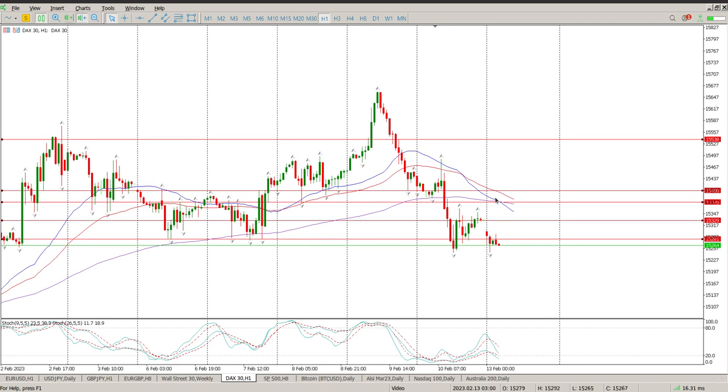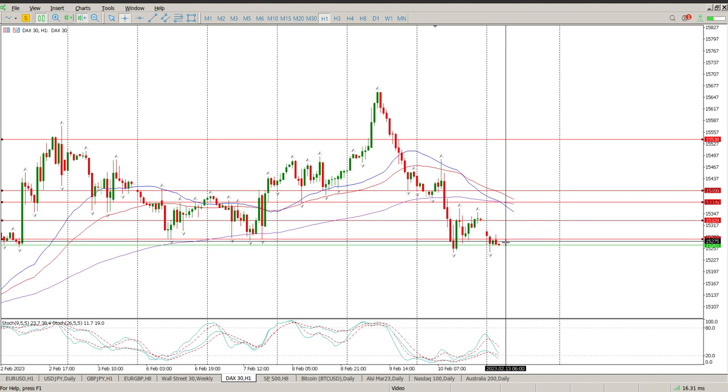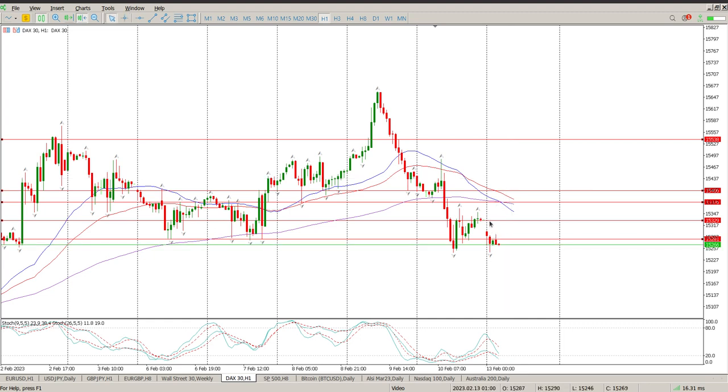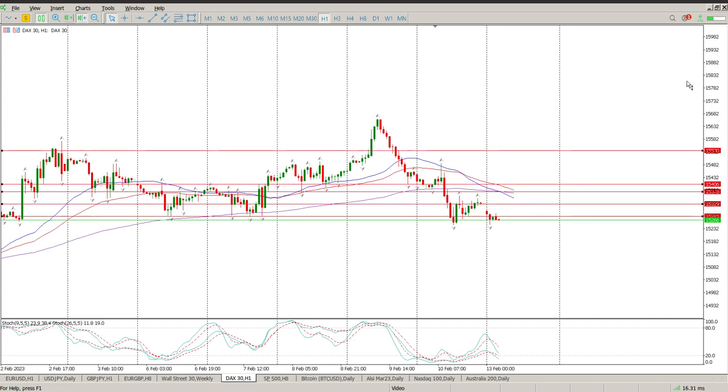So you can see we've got quite a few areas here, and if you're going to jump in here, you're going to end up with a stop. It's 172 points, and it's guaranteed to come against you and stress you out. So you wait for one of these levels to come, wait for the level to be tagged, and then you have a much tighter stop loss, less stress, and then you're anticipating a move to the downside. What are you anticipating? Remember, we are looking at this as a double top. So do that,